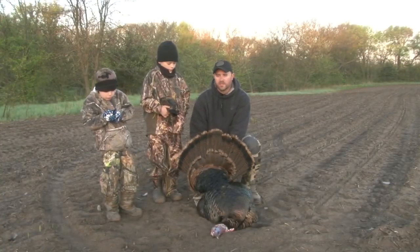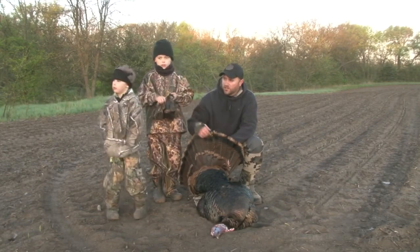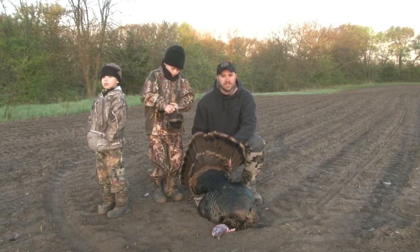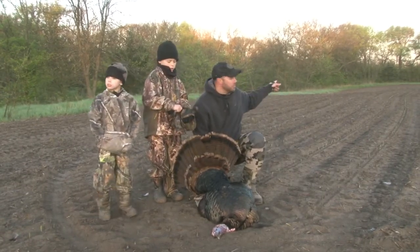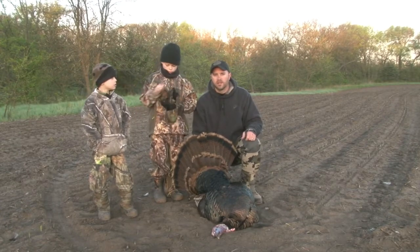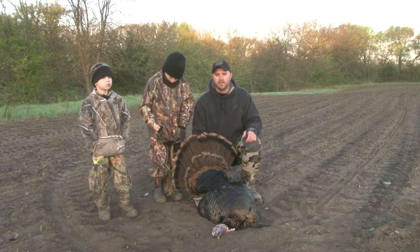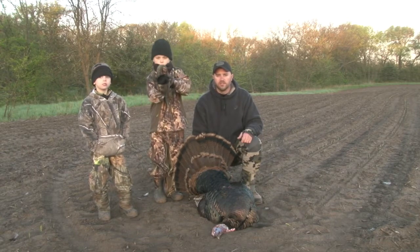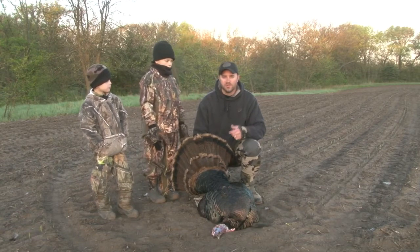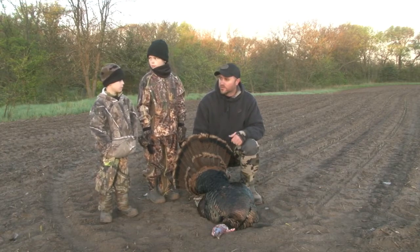Yeah, so this morning we snuck down here into this bottom. We'd been hunting down here to the south, about 200 yards. And yesterday, all the birds came out from behind us and came across this big open field, so we thought we'd move the blind this morning, or yesterday, so we moved it yesterday when we got done hunting and put it kind of right out in the middle of the field. And wouldn't you know it, the birds roosted back where we had been setting up, but they still came around this corner and